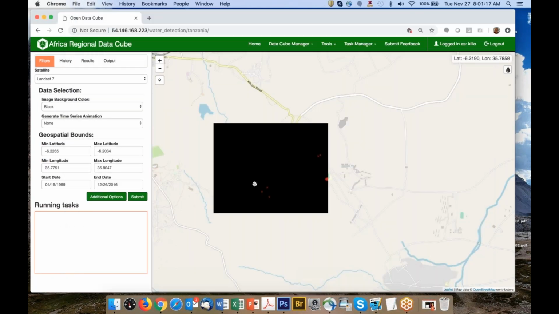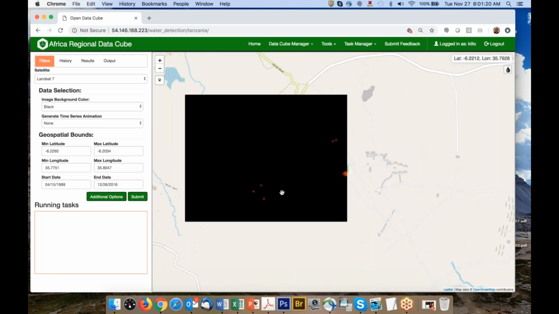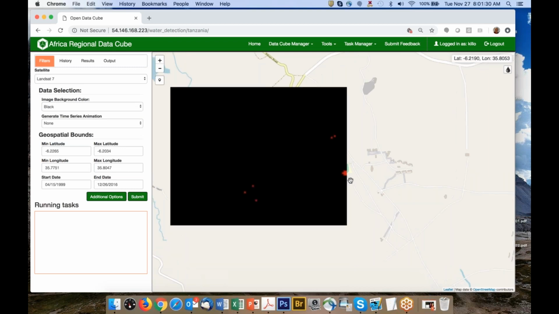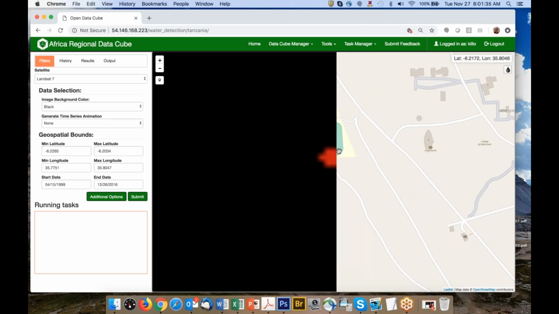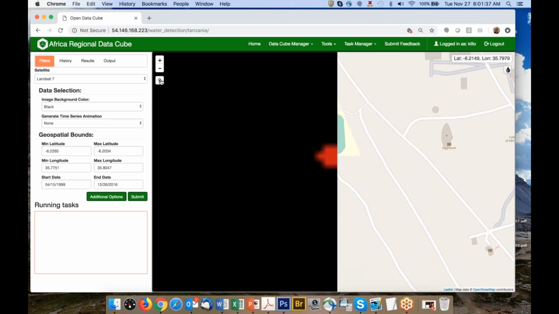So this case ran. So look, what's interesting here is that there's hardly anything. So this was a university in the middle. Basically, in 17 years, none of this area has ever seen any flood prone, but there's a little spot over here on the far right. It looks like next to a little lake. But if I wanted to click on this and see this little red spot when it experienced water, I can click on this